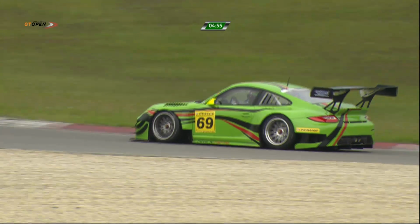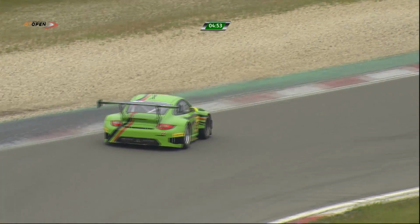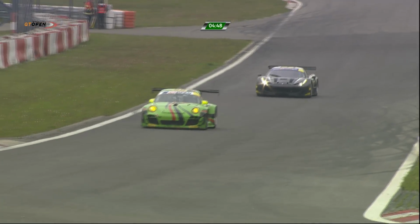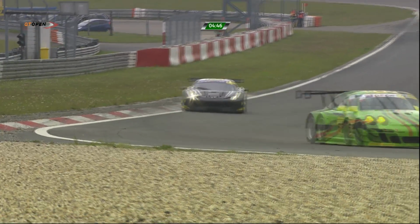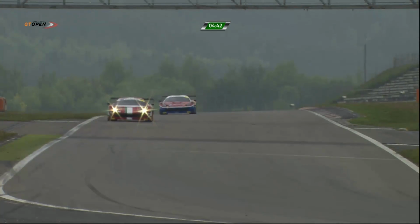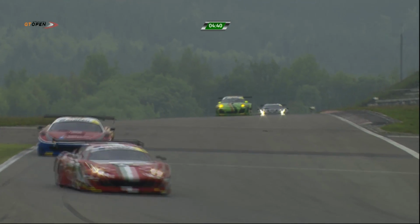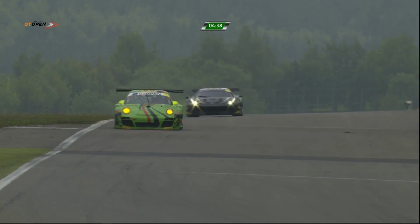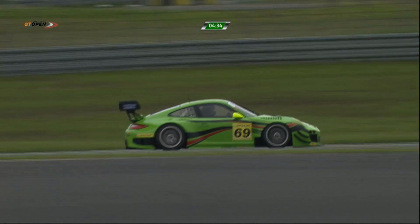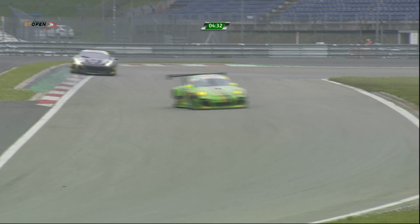Up into fourth place now, off screen, has come the other of the Bitec McLarens, that's Rafael Suzuki. So he demotes teammate van der Drift. And also Isaac Tsumlu climbing up the order steadily. Up into third as well has come Diedrich Schitthoff in his Corvette. So thus far, the Ferrari 458s not showing as strongly as they did at Paul Ricard